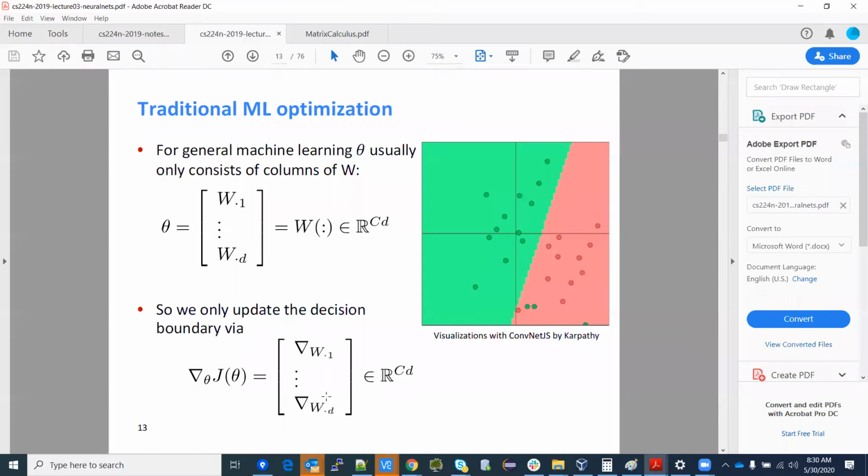What you can think of is that the W's are being stacked vertically, and W dot 1 is a vector of length 2, and W dot D is also a vector of length 2. In this case, each of these vectors has length 2 because capital C in this problem is 2. So when you finish stacking